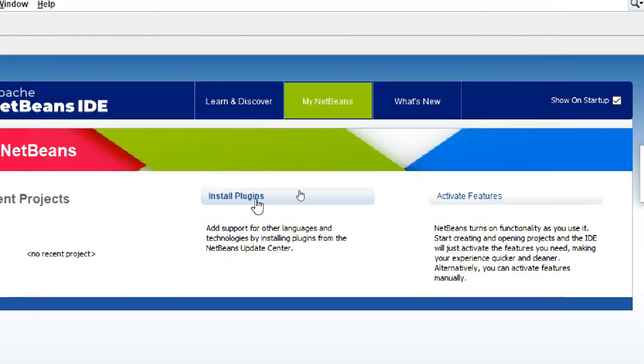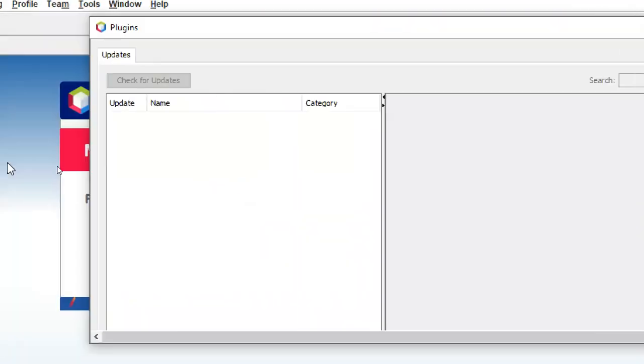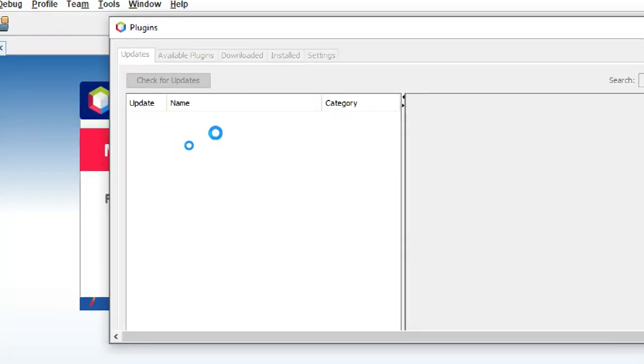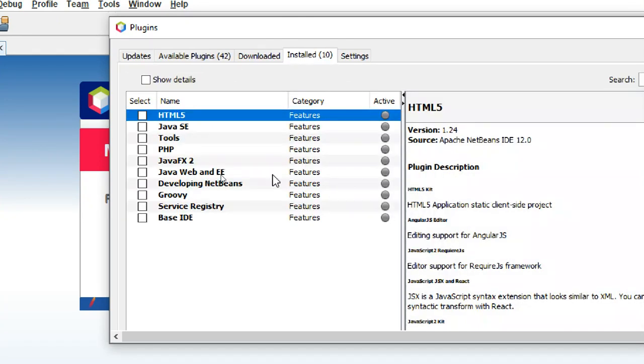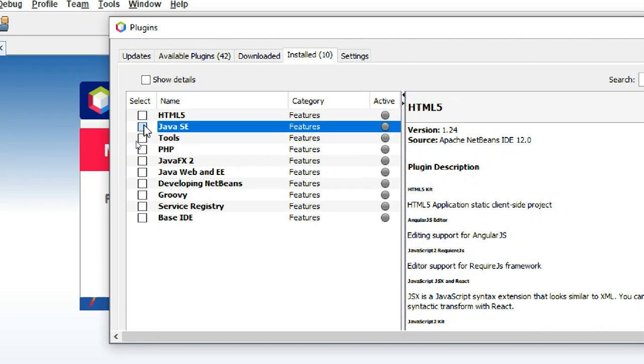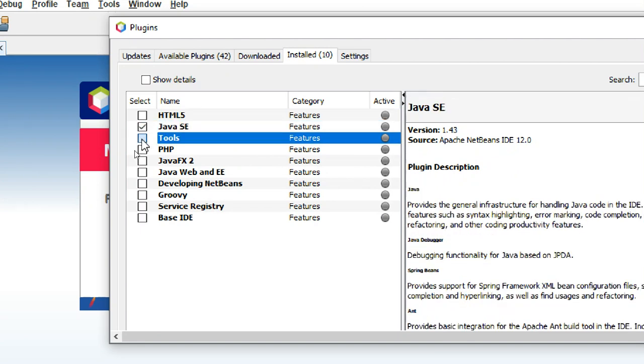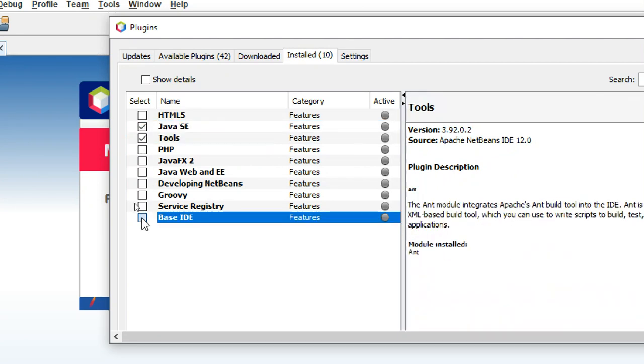Activate features, or you can go to install plugins. I'm going to activate features. Both are the same, so both will display these things. So these are not active. So you have to activate the features you require. Those things you have to do.